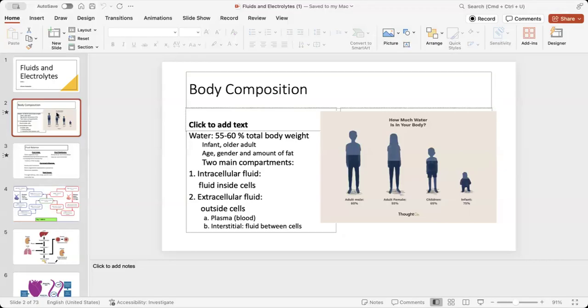What about the older adult? They have less fluid, less body weight in water. What else do they have? They have less muscle and more subcutaneous tissue. What do you know about muscle, subcutaneous tissue, fat tissue, and water? Men are 60% versus female, 55%. What is the difference there? Men tend to have more muscle. Does muscle hold on to water? What about fat? As we get older, we tend to have less muscle and more subcutaneous tissue.